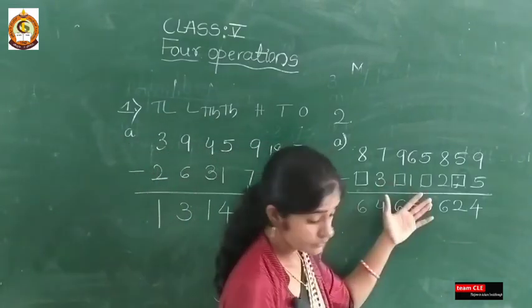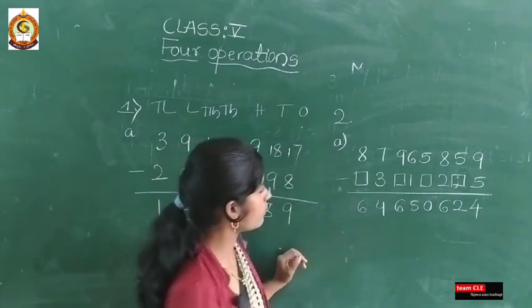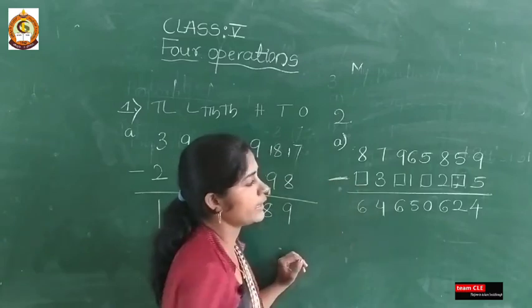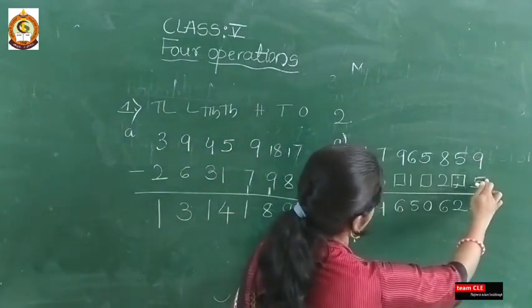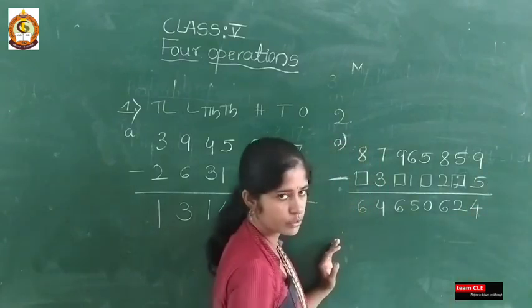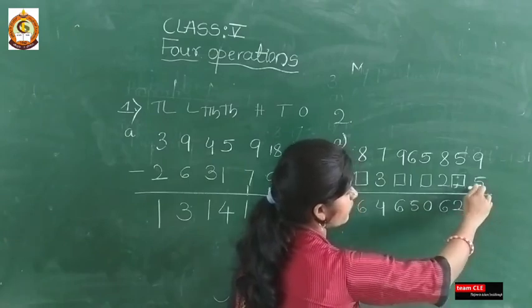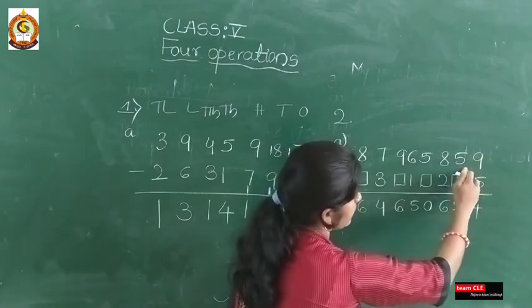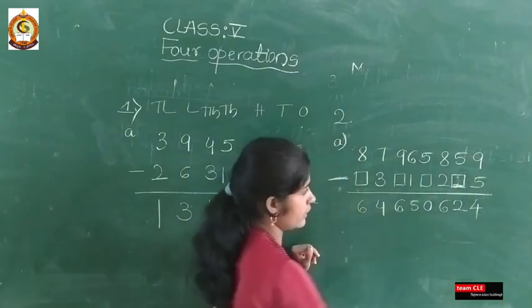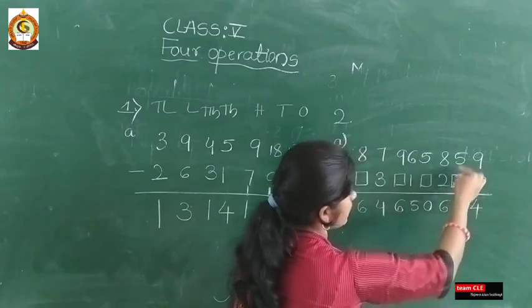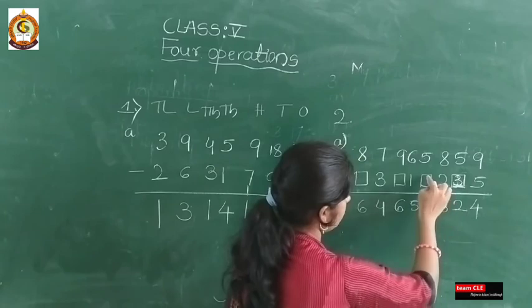Next, see here, missing numbers. Okay, here what we have to do is subtraction. Then I will tell you one trick, then you can write the numbers easily. See here, 9 minus 5 is 4, here there is no need to subtract. Just see the result, 4 is there, 4 plus 5 is 9. See here, 5 is there. Okay, to get 5 what do I have to add here? 3. So write 3 here. 2 plus 3 is 5, 6 plus 2 is 8.